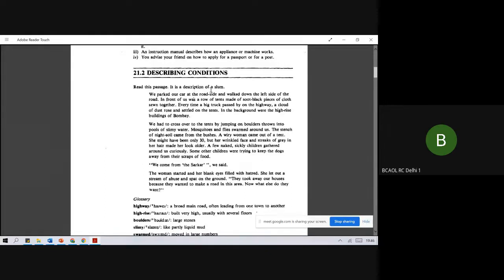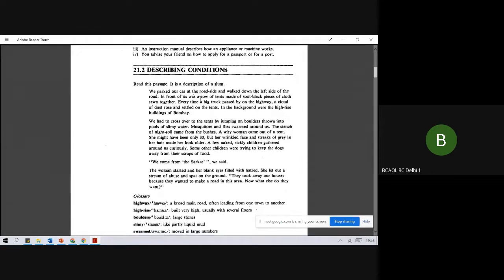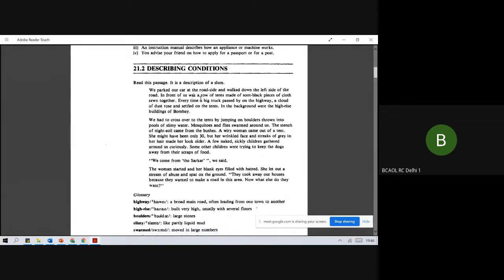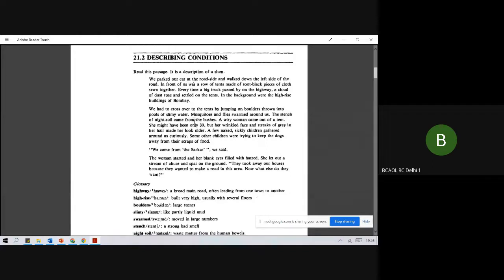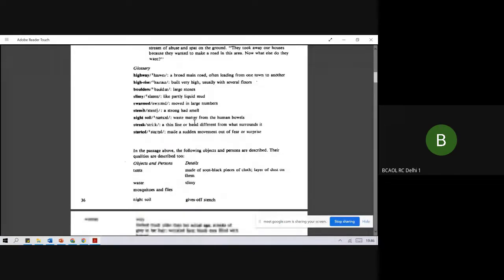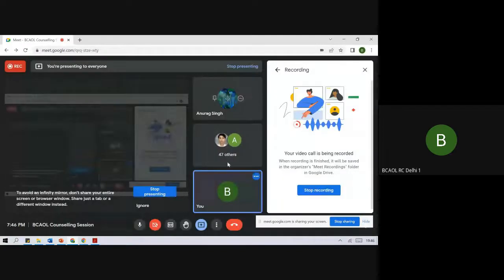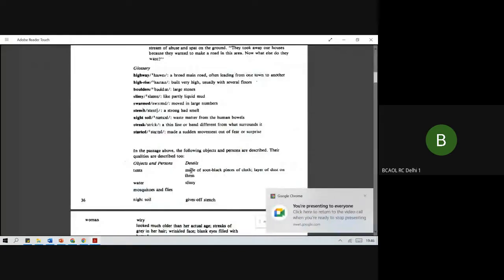It's a description of a slum. See, it's one of the examples. Conditions mean the condition of any material or object, what is the condition of it, and the procedure of making a thing. You can explain about that,